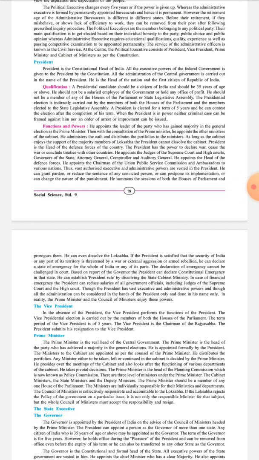And what are the elections and the terms? The president is elected through voting by the elected members of both the houses of parliament and the elected members of legislative assemblies, and he is elected for a term of 5 years, and he can contest the election again after completion of his term. When the president is in power, no criminal case can be framed against him, and no order to arrest him can be made.